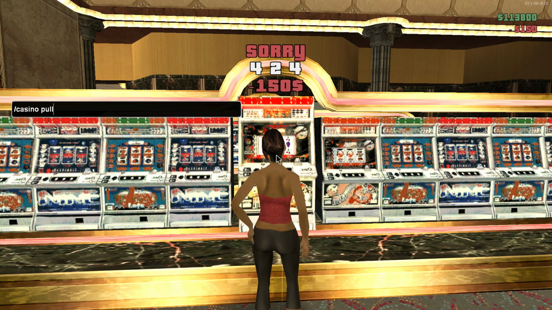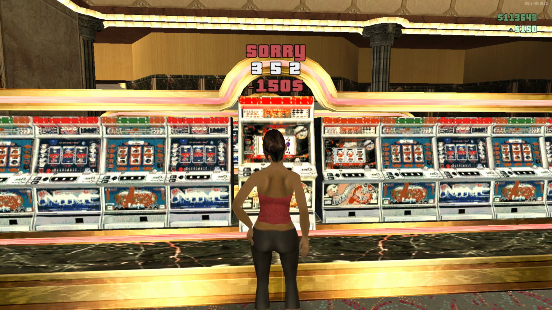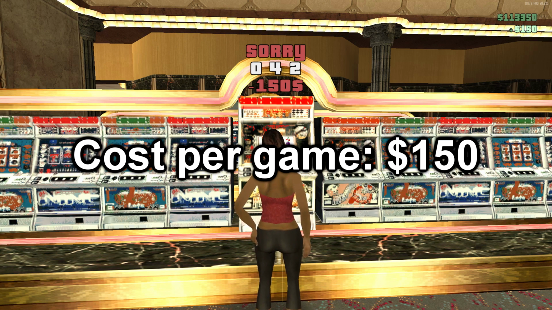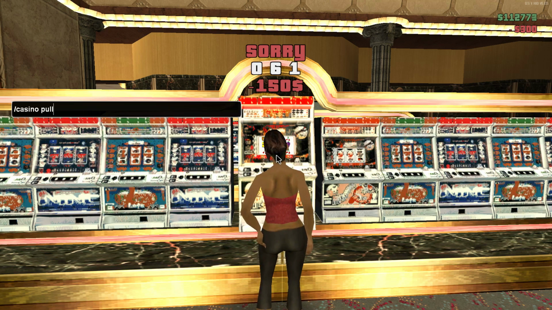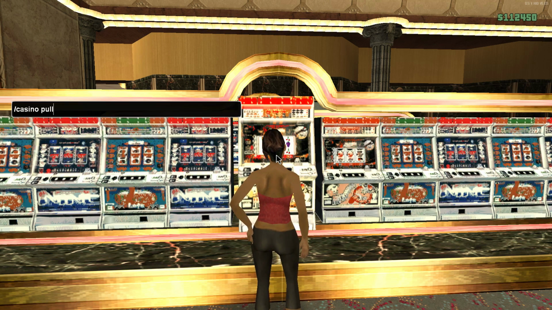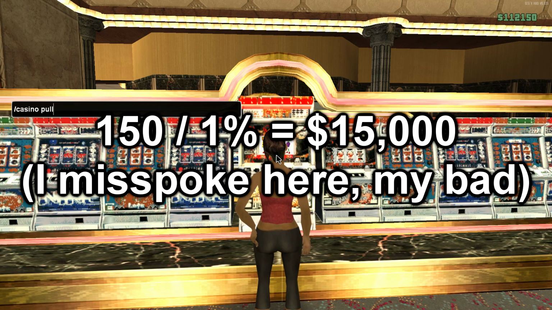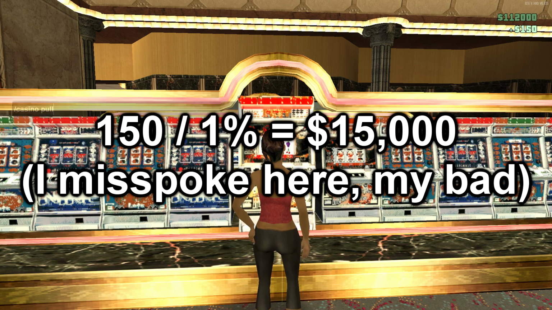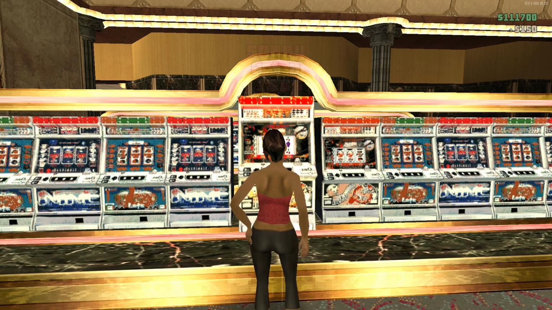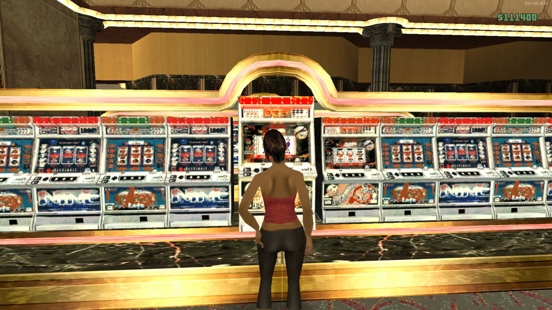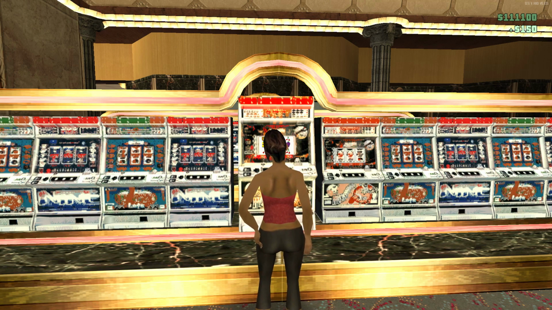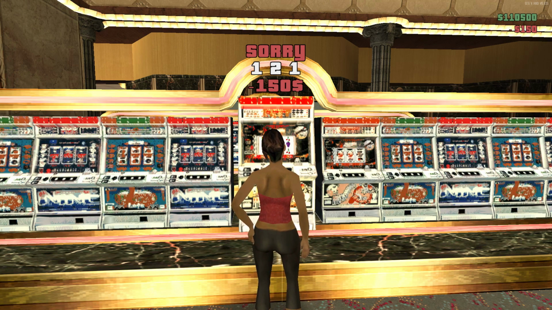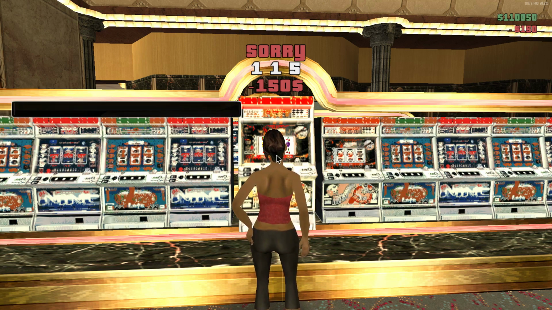Now let's look at the price of each game. You pay $150 to play. You can win anywhere from $1,000 to $20,000. For every 100 games you lose, you need $150,000 to compensate for that. Most wins do not compensate for that. And while I'm not sure on exact values, I haven't gotten a single win over $10,000,